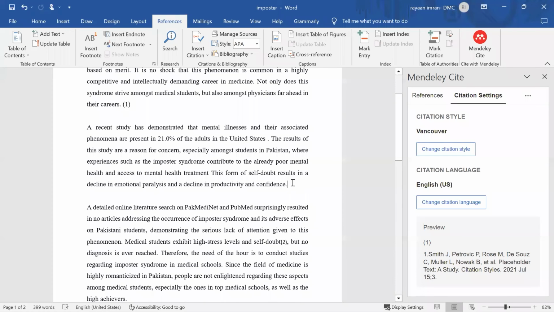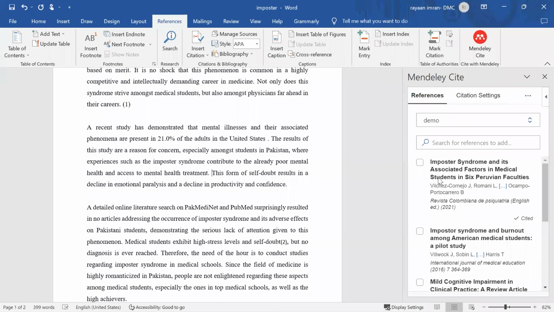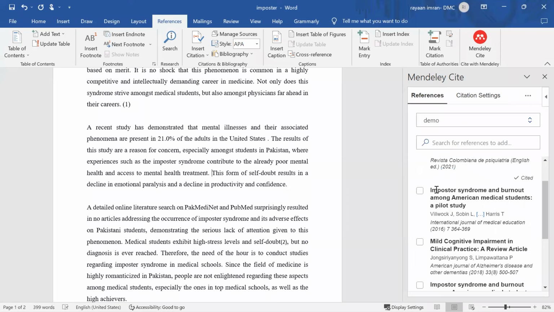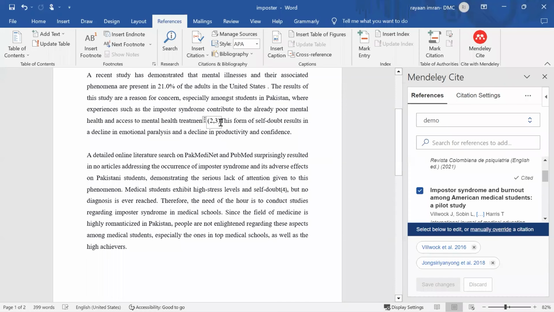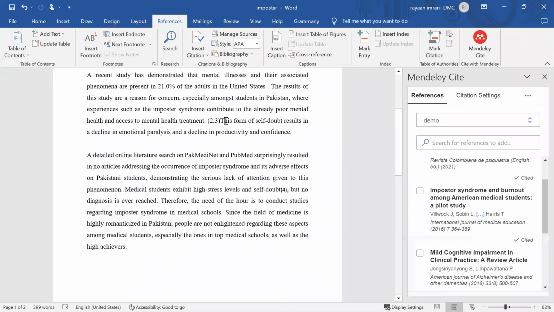Let's say next paragraph में, in the middle of the paragraph, for example, let's say मैंने यहाँ पे reference article 2 different articles का, तो मैंने ये वाला ऐड कर दिया है. Let's say मुझे ये imposter syndrome है American वाला and this mild cognitive impairment. I want to add 2 references together. So I select 2, I click insert citation, and as you can see ये आ चुका है. And then obviously you can do a bit of grammar, then that's pretty much it. ये आपका citation आ गया.